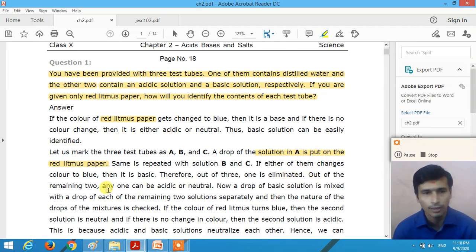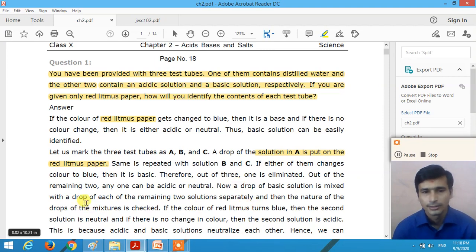Understand? Now out of the remaining two, either can be acidic or neutral, right? So one basic solution we can identify with the help of the red litmus paper. Now the remaining two are either acidic or neutral. Now a drop of the basic solution is mixed with a drop of each of the remaining two solutions separately, right? So out of these three we get the basic solution. Now take a drop of the basic solution and mix it with the remaining two, right? And identify